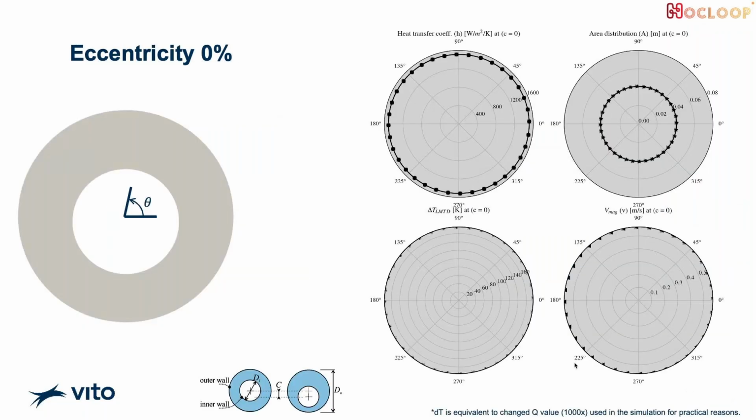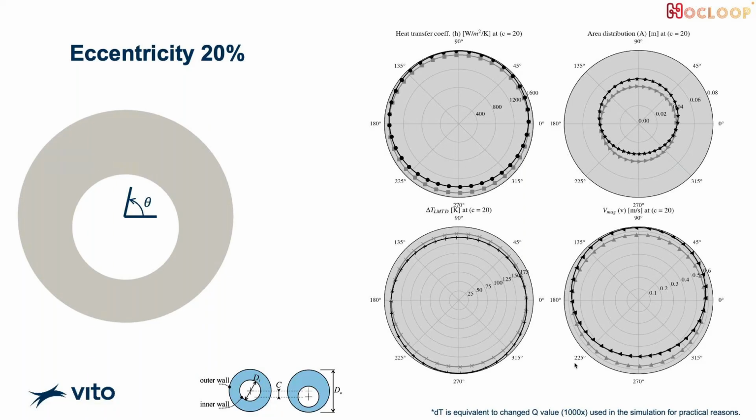Now let's look at what happened with the study of eccentricity. On the top left, we have the heat transfer coefficient. On the right, we have the area distribution, at the bottom we have the logarithmic temperature difference, and on the right we have the velocity magnitude. Now, you can see that there is a black and also a gray line. The gray line is for eccentricity 0, and black corresponds with the eccentricity mentioned on the slide. And as I move down, you can see